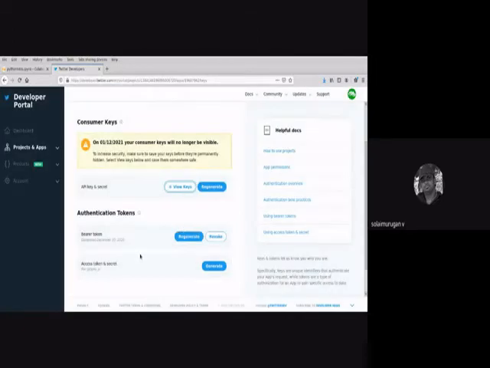Earlier you were able to see all four keys, but now they have hidden two of the keys. So if you forget a key, you have to regenerate the keys each and every time. Whenever you regenerate a key, you have to change that key in your application. If you develop an application and deploy it somewhere, you cannot regenerate the keys each and every time, right?